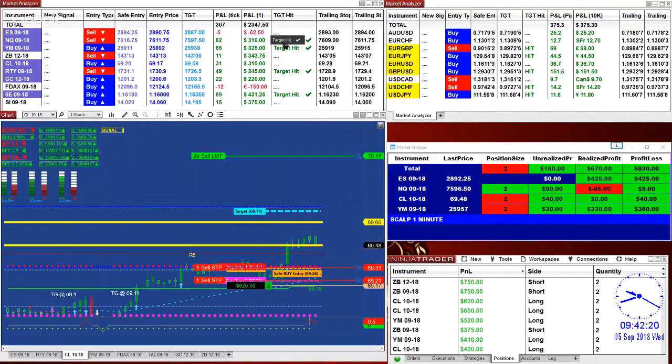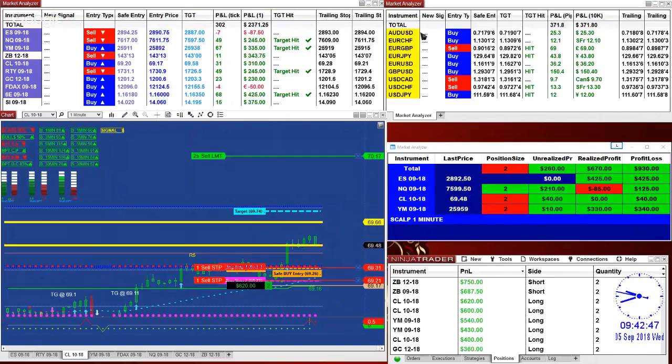Some of the targets have already hit in the last 15 minutes. It didn't take that long to hit those targets. We have the NASDAQ hit 52 ticks, 68 ticks on the YM, and we have a target hit on the Russell, and then we have the 6E hit the target. It's the same principle here on the